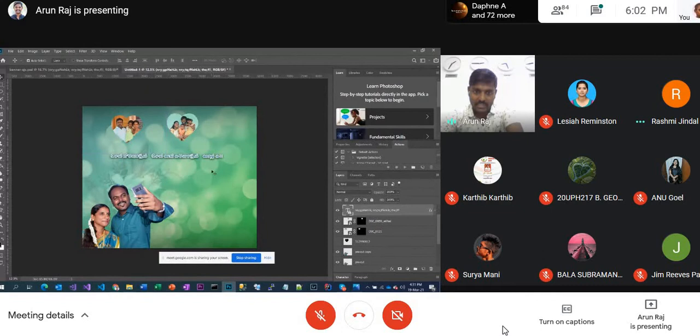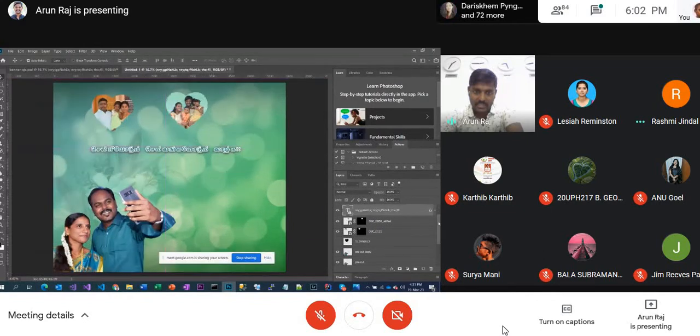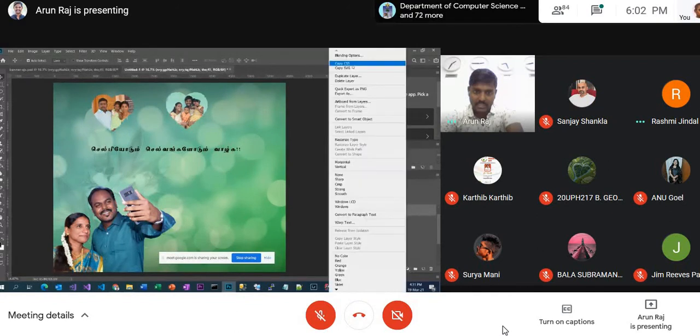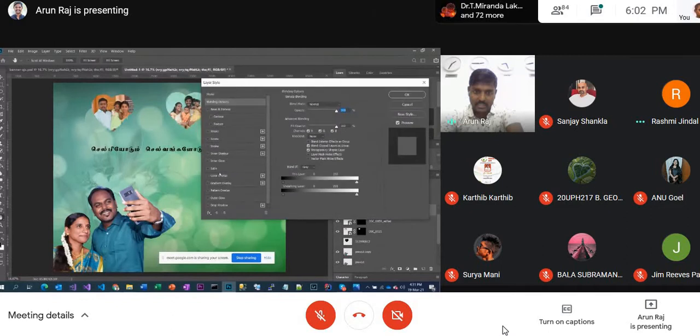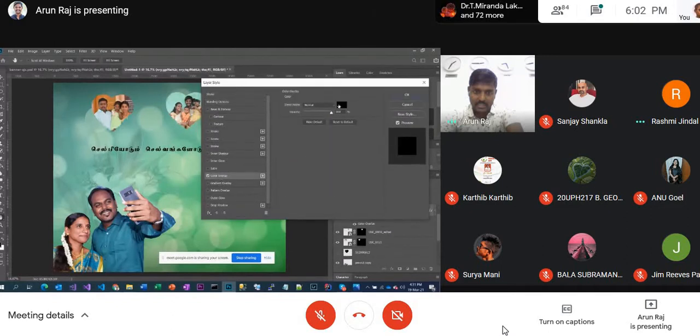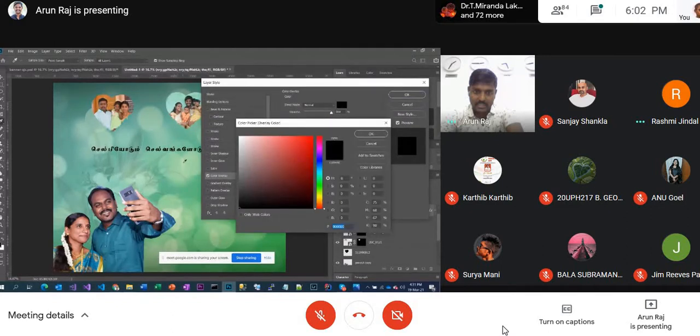Here I need to tell you a few other things. For example, let me remove the things which we put here. Just imagine I typed some text. Now this text should have a proper color. So I am going to blending options, to the color overlay. I need to pick a proper color, something related to that image.